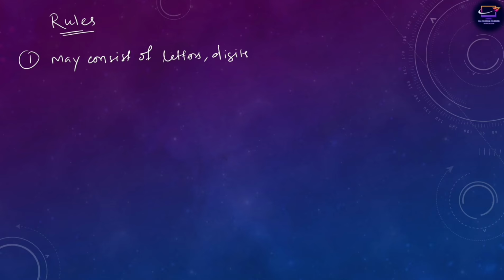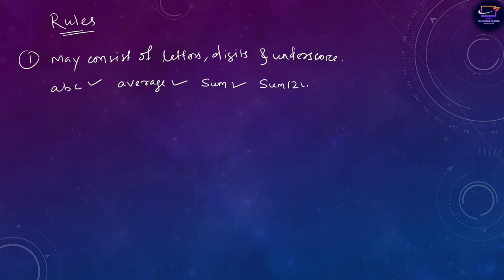Digits and underscore are a type of special symbol. If I write a b c, this is valid. If I write average, this is also valid. If I write sum, this is also valid. If I write sum1 2, this is also valid. If I write sum_1 2, a combination of a letter, underscore and digit, this is also valid. But if I write sum space 1 2